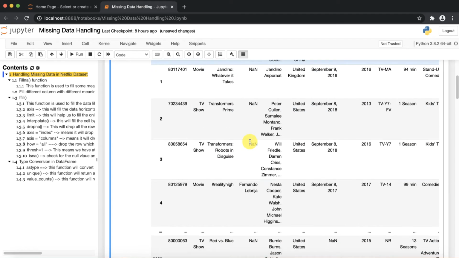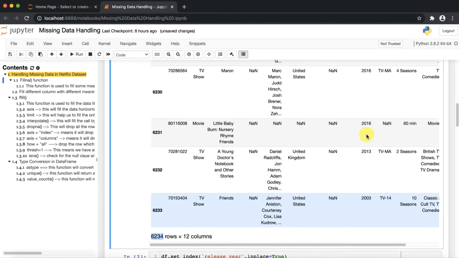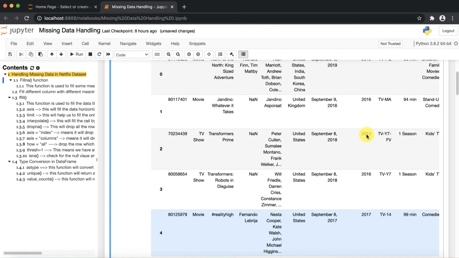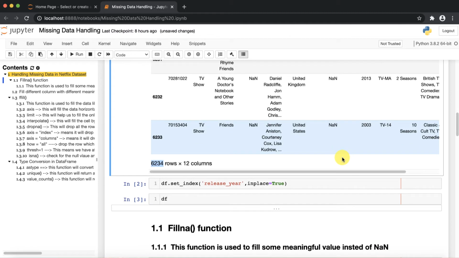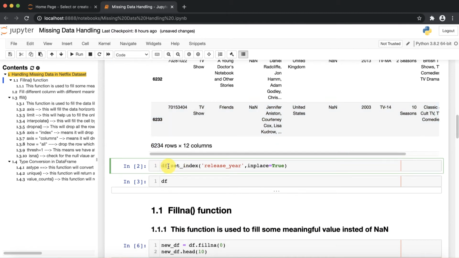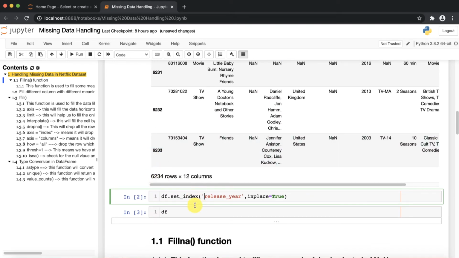First of all, to make this data in a proper manner, I am taking release_year as my index. How can you set the index? For that, df.set_index with release_year. And as we know, to make the changes permanent, we need to write inplace=True. So now, instead of 0, 1, 2 up to 6234, release year is considered the index from now onwards. If I execute this code,